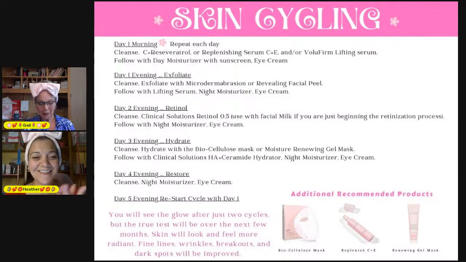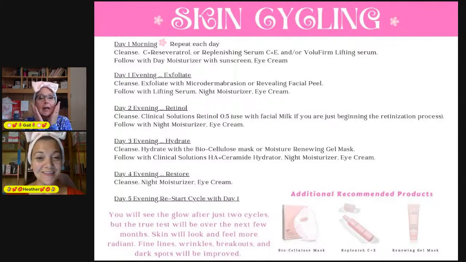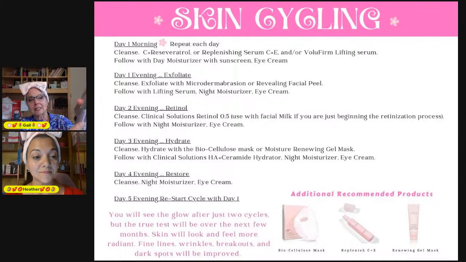Yay. Okay, it's my turn. Okay. So my face is dried, which feels really good. And it's time for me to put on my next steps. So in the TimeWise repair system, my next step is going to be the lifting serum. It's designed to be applied in what's called the triangle of the face. And what I love about this is that it's got, can you see over here, a little window so you can see how much to use. So it's measured. And so I'm just going to pat a little bit over on my complexion and the triangle of my face,